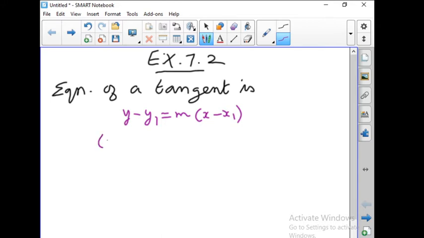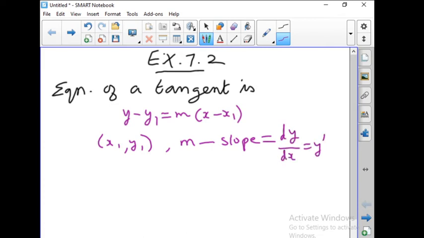So what is x1 comma y1? x1 comma y1 is a point through which the tangent passes. And what is m? m is the slope, and we can also take m as dy by dx or y dash. Or when the equation of the tangent is a straight line,